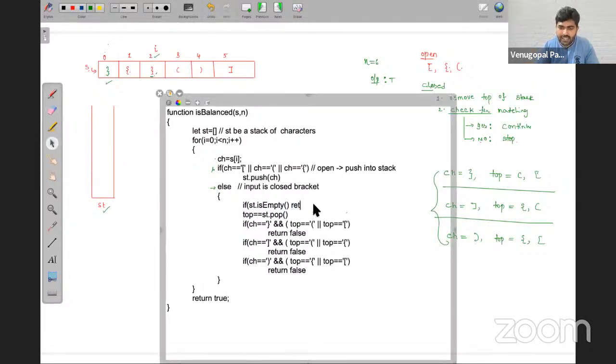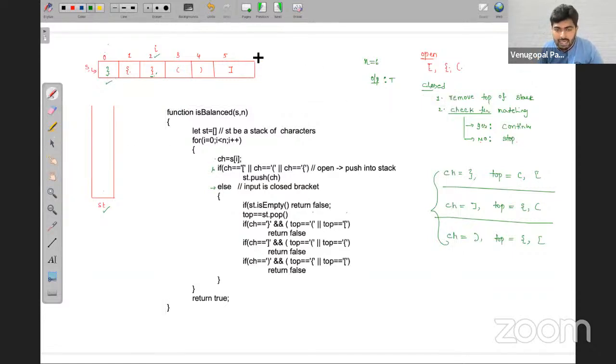Because any proper valid expression should always start with an open bracket. If it starts from a closed bracket, then it is not balanced. Or you might be thinking of a contradictory case, where the expression is like this.